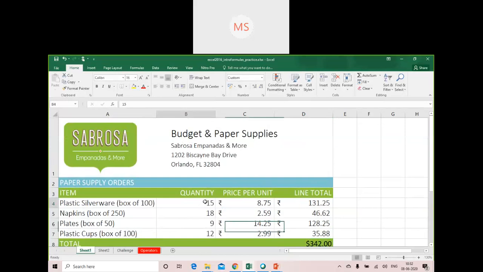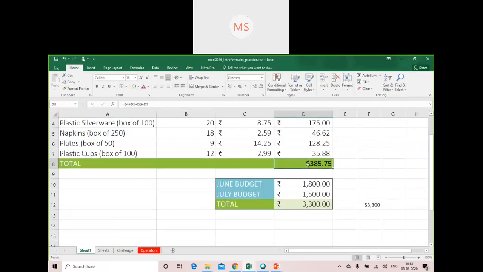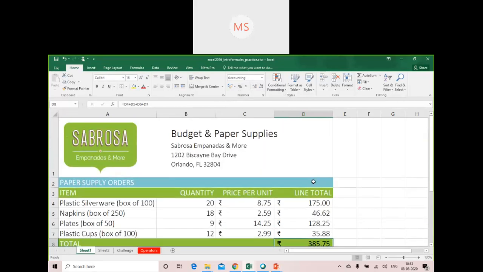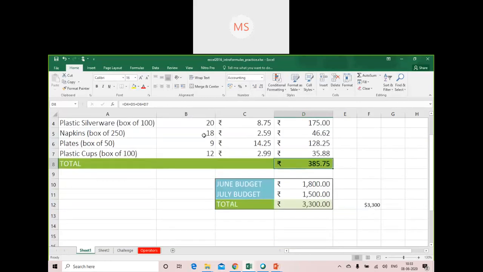Now whatever quantities I enter here, suppose I enter 20, then immediately it will affect the amount displayed in the bill. As you can see, the moment I do that, the line total also changes and it also changes the total bill amount. So this is how it makes it easier for you to prepare your bills. Now suppose I change the quantity to 50, just see the amount has changed.